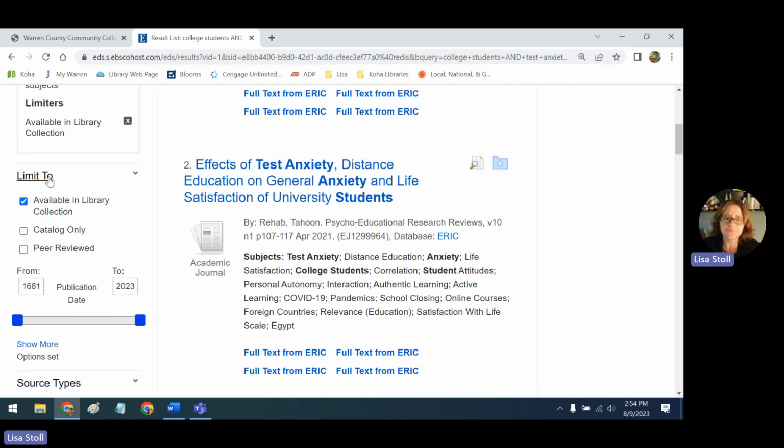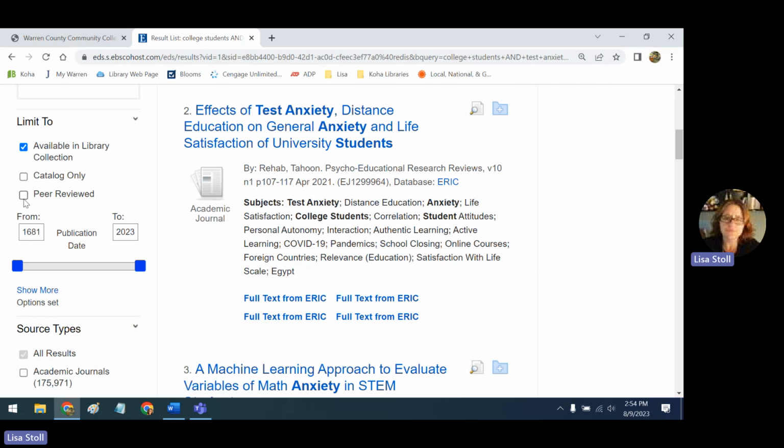And if you scroll down a little bit more, you can see it's here as well. When we say limit to, this will automatically be selected. Don't ever undo that, because it will just be a frustrating experience. Trust me on that one. The other option that we can use in limit to is peer reviewed. This is your magic button. This is your peer reviewed button. So if you click on that,